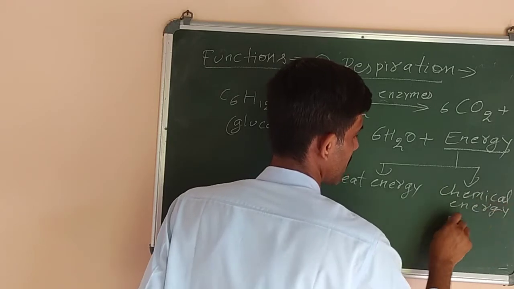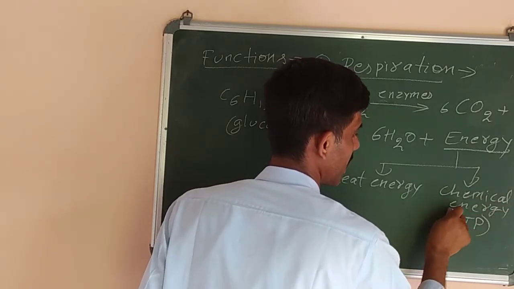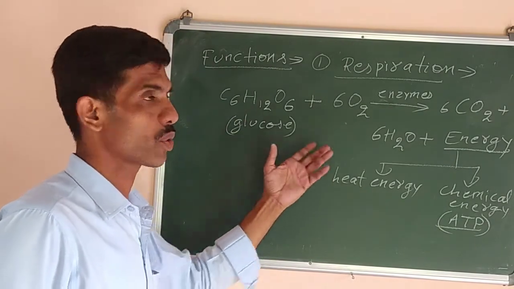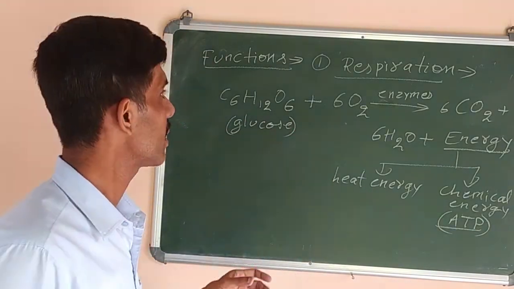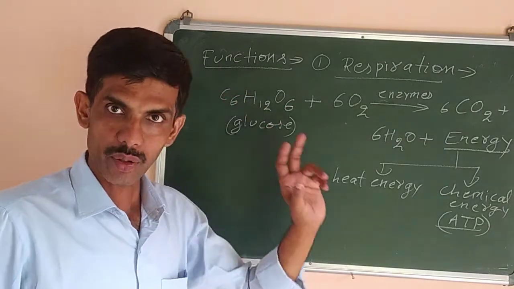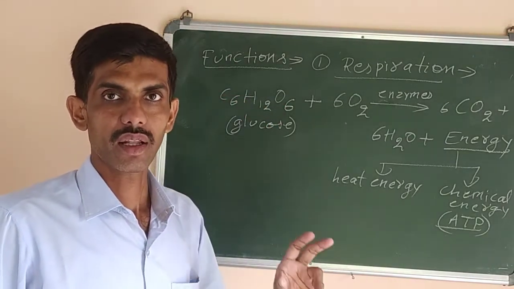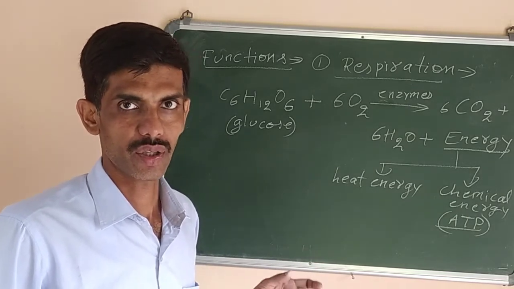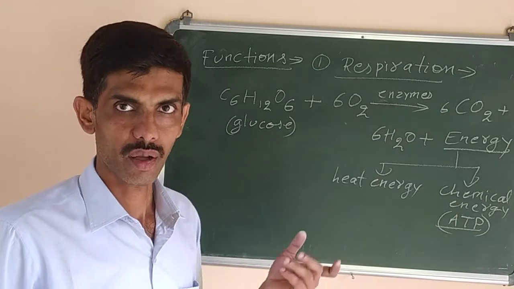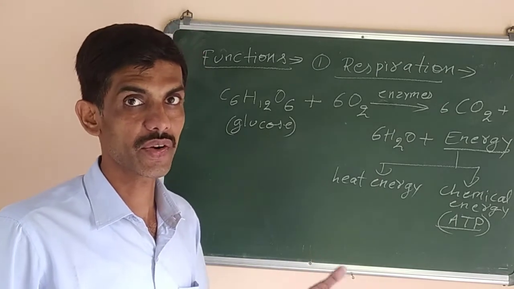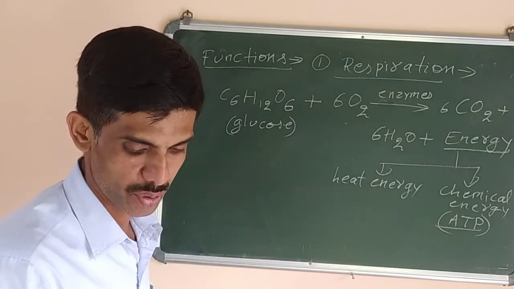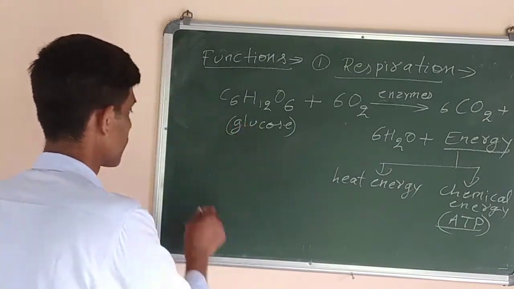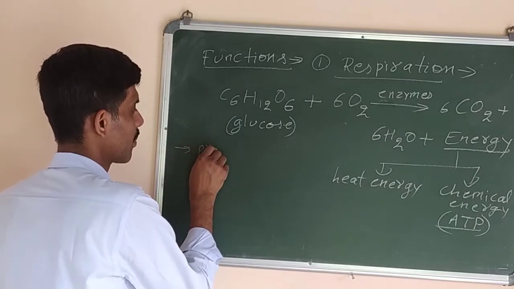Alright, chemical energy. This chemical energy is in the form of adenosine triphosphate. And there are 2 types of respiration also, so we are not going to study in detail about the respiration here, but only you should know that mitochondria are the cell organelles in which respiration occurs. So that's why they are called the powerhouse of the cell, because they generate or produce energy. So now next you have to write, what is respiration? Definition: the process of